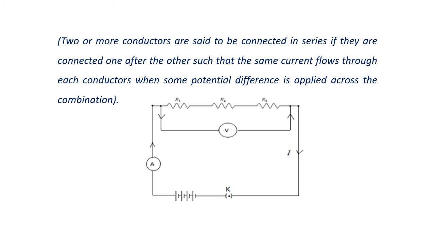Okay, so you can see this is the diagram of a series circuit. How is a series circuit? The battery, from the positive side, the current is flowing. The electrons pass through the first resistance, then through the second, and then to the third resistance. There is only one path for the current to flow. So such a circuit is called a series circuit. Is it clear to you? You can see the current enters through this resistance. Only then it can go to this resistance and to this resistance. Since there is only one path for the current to flow, this is called a series connection.